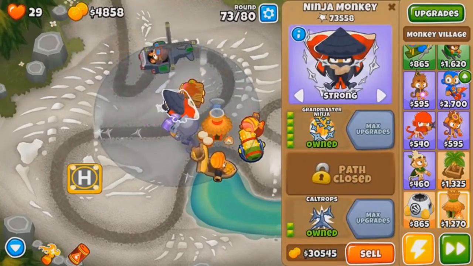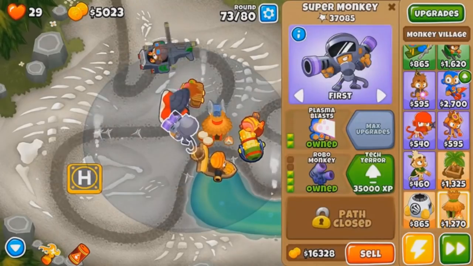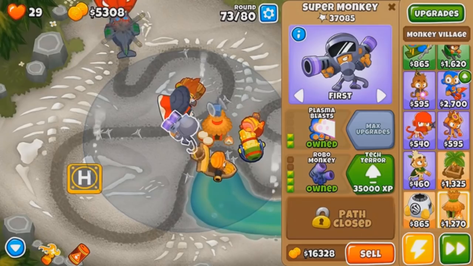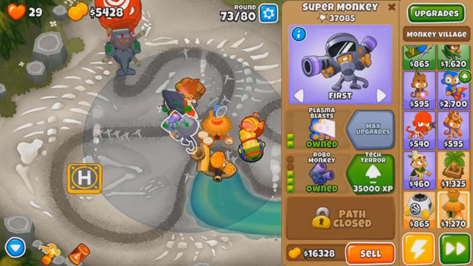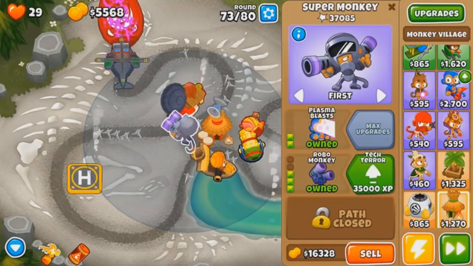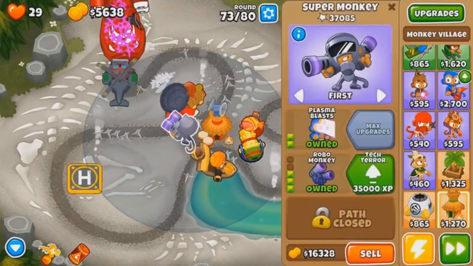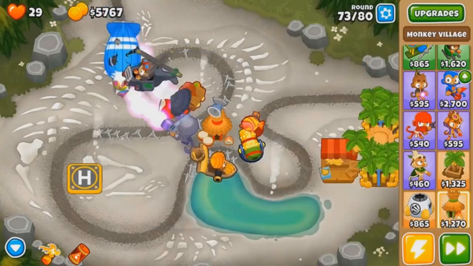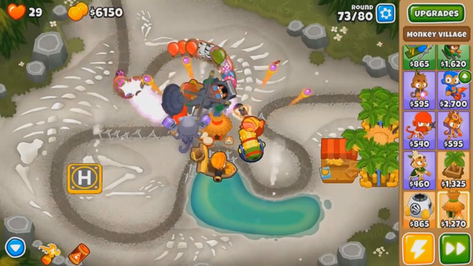So with that said, look at our Ninja Monkey already. 73,000 pops. Twice as much as our Super Monkey back here, which we've had for a much longer amount of time. I also can upgrade to a tech tier right now. I can unlock that. Maybe I can show that to you guys, but it's probably the exact same way that it plays out in